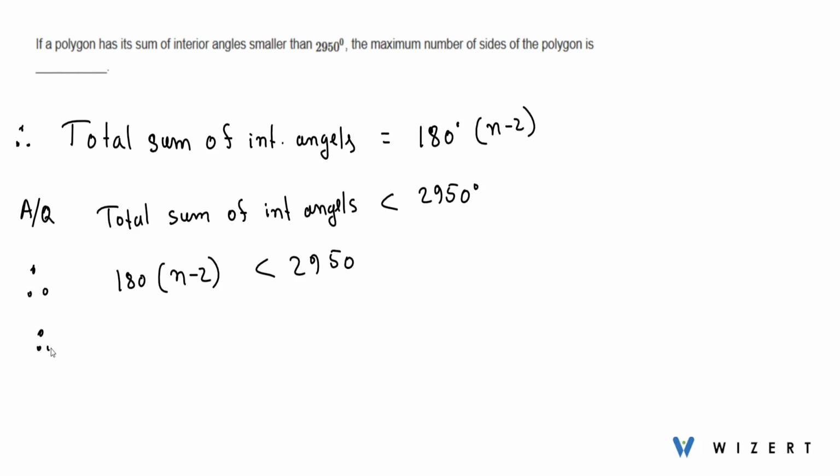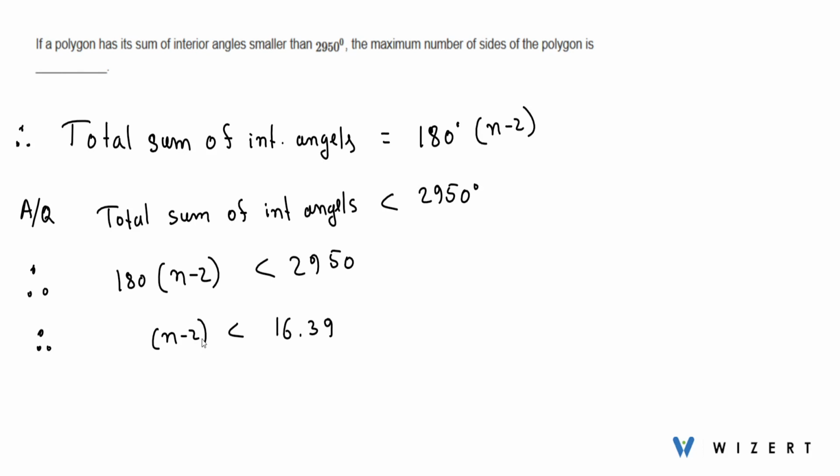Divide both sides of the inequality by 180, so we will have n minus 2 is less than 2950 upon 180. So 2950 upon 180 will give us 16.38, or if we approximate it, it will be 16.39. Now carefully observe, the left hand side is n minus 2, where n is an integer as well